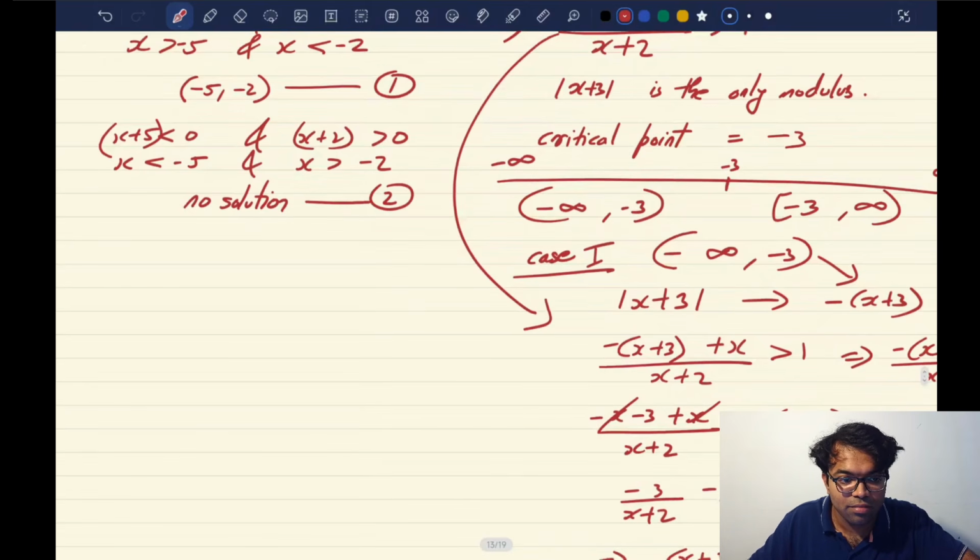Gurupad, is this clear till now? Okay. Now,